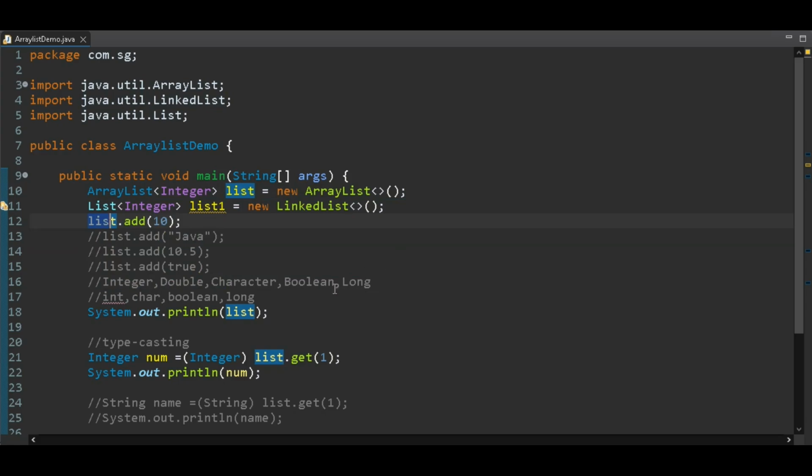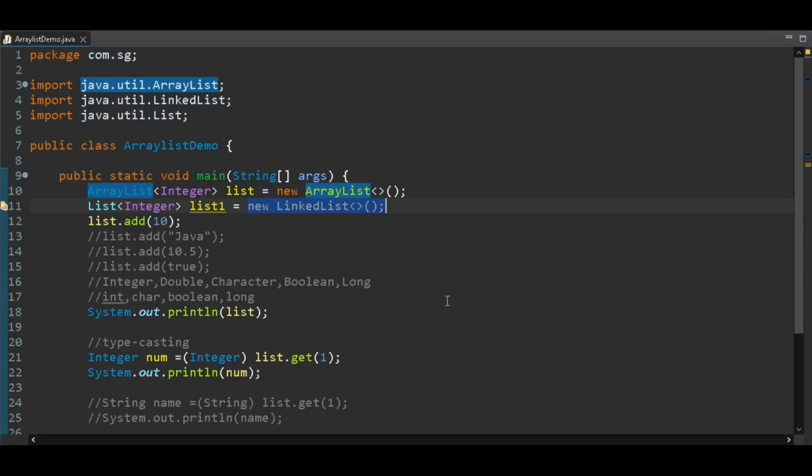So instead of writing separate code for each implementation class, we write our code based on the List interface and choose the implementation class according to our requirement. This makes our application more flexible and easier to maintain, and that's why this approach is useful and generally recommended. So simply keep in mind, write your code based on the interface and choose the implementation class according to your requirement. I hope you understand why this approach is recommended.